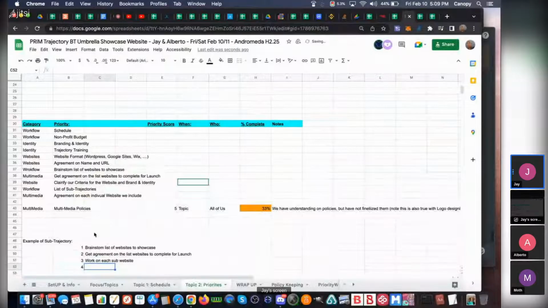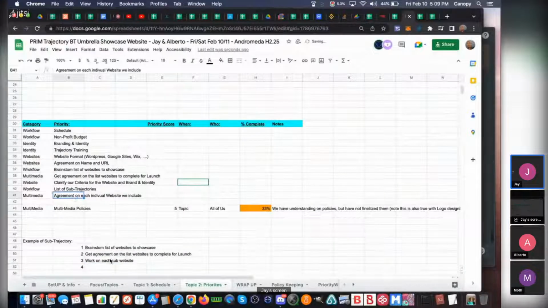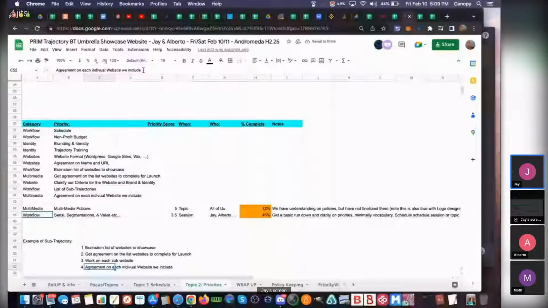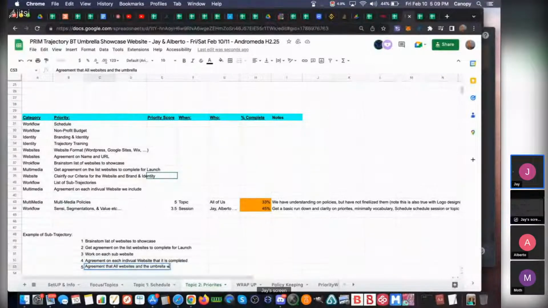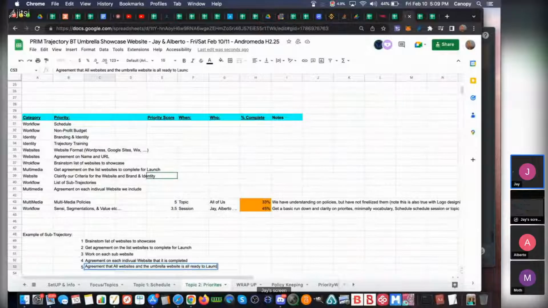And then step 4 would be agree on each individual website to include, agree that it is completed. And step 5, agreement that all websites and the umbrella website are ready to launch.